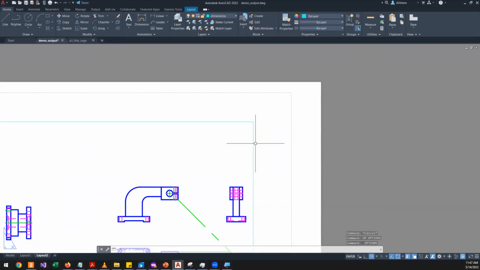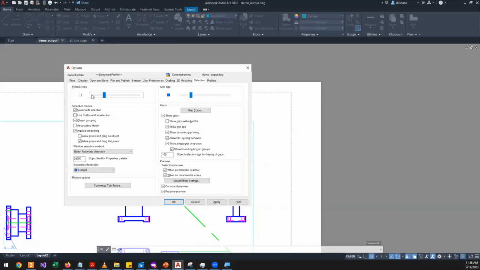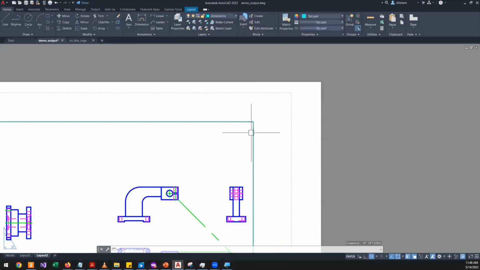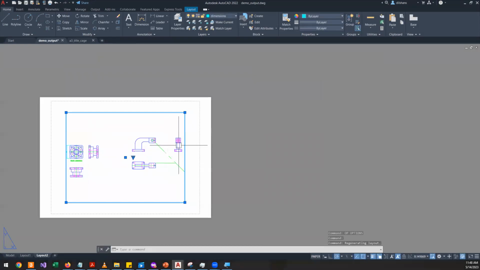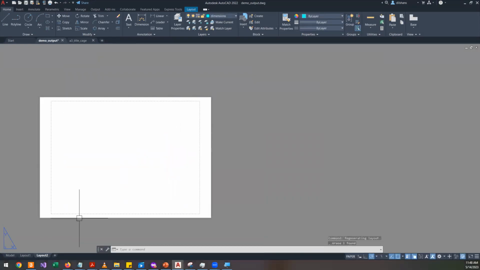Okay. Now I need to bring the cursor, that small rectangular part, onto that object so that I can select it. Sometimes big objects can be very small, which makes the selection very difficult. Not very difficult, I would say less convenient. So I like to keep it somewhere here. Press OK. And that's something that I found you should change,